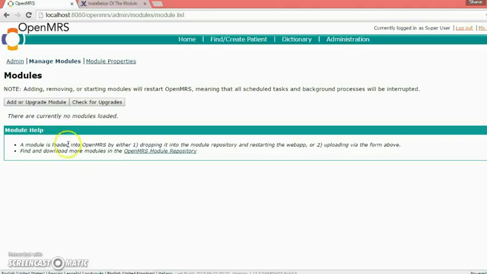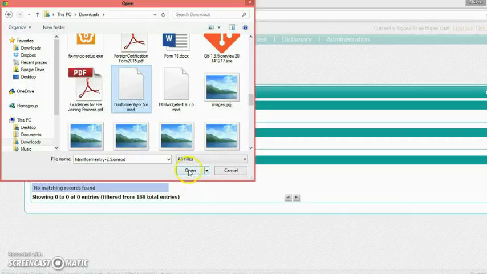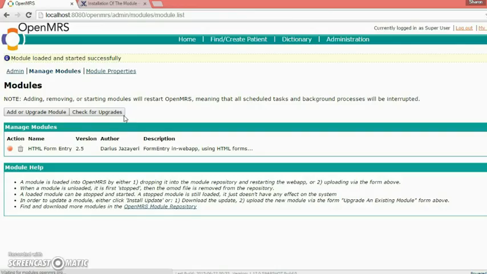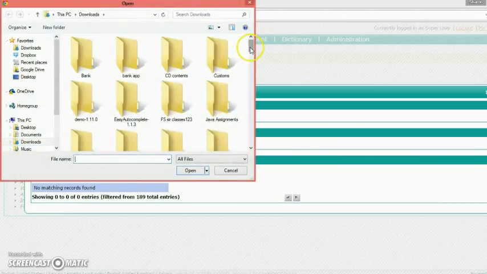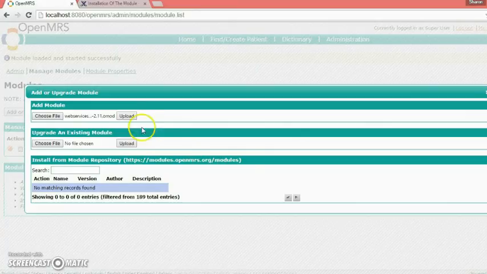So to add the modules, let's click on Add Module, choose File, and click on HTML form entry 2.5. Upload it. Similarly, for the REST module, we'll be using the 2.11 version.